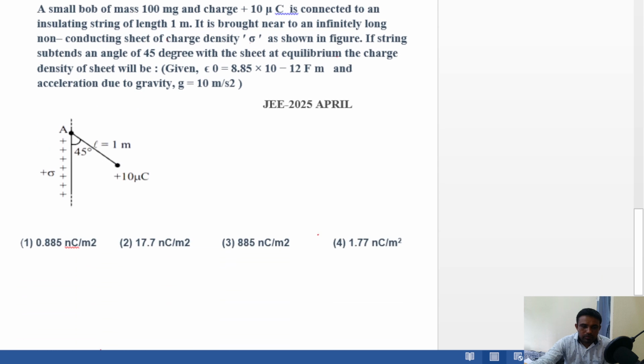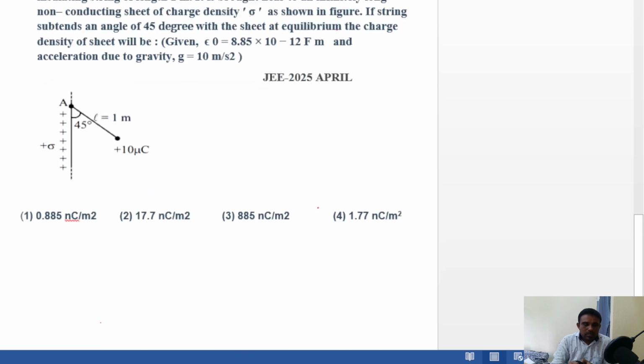Question number 3. A small bob of mass 100 milligrams. Mass is given as 100 milligrams. Here given in milligrams. Charge plus 10 microcoulombs is connected to an insulating string of length 1 meter. It is brought near to an infinitely long non-conducting sheet of charge density sigma, as shown in figure. If the string subtends an angle of 45 degrees with the sheet at equilibrium, the charge density of the sheet will be,